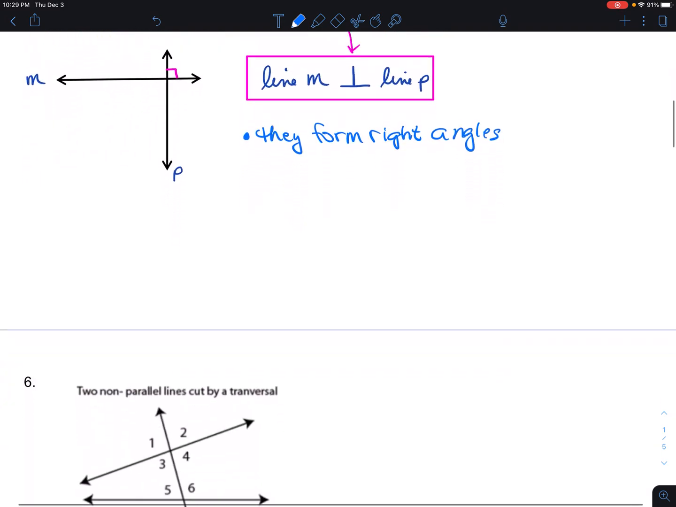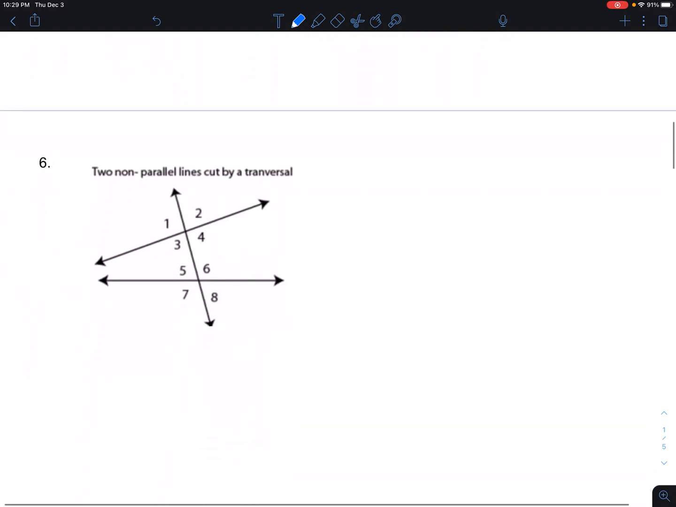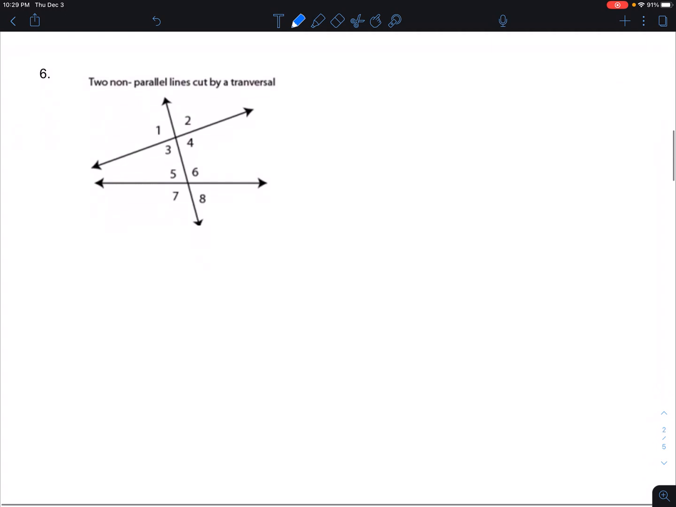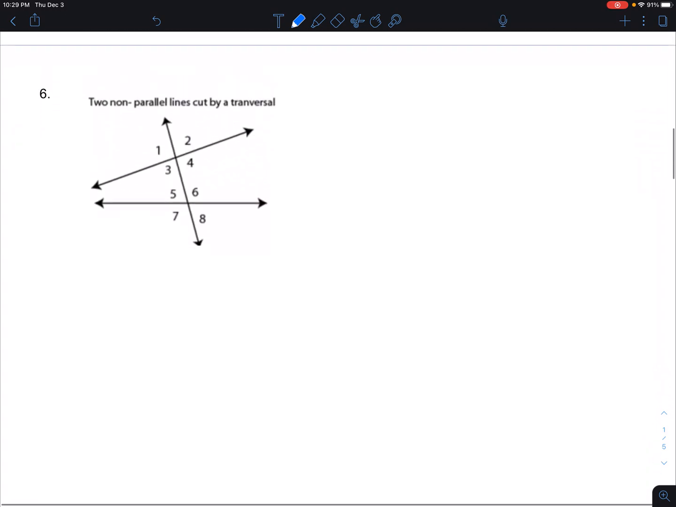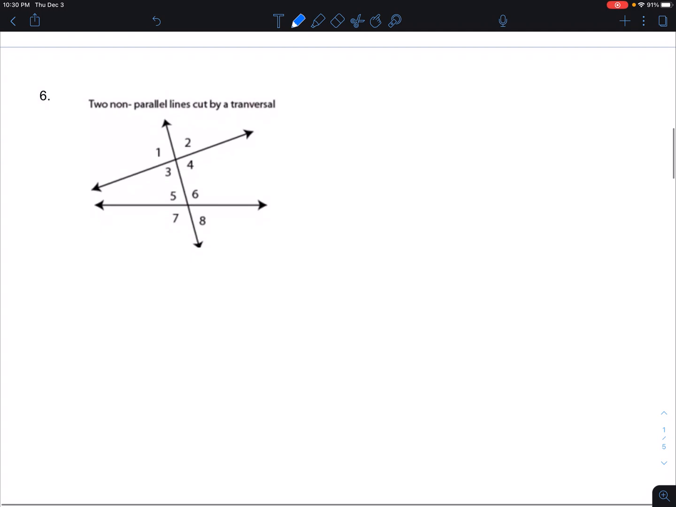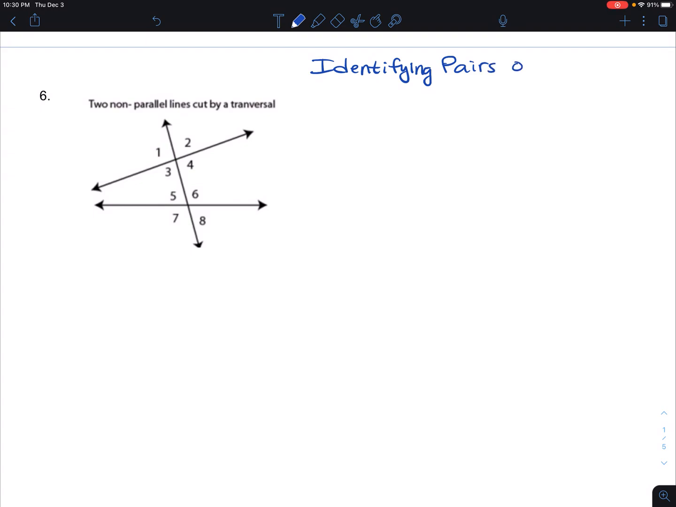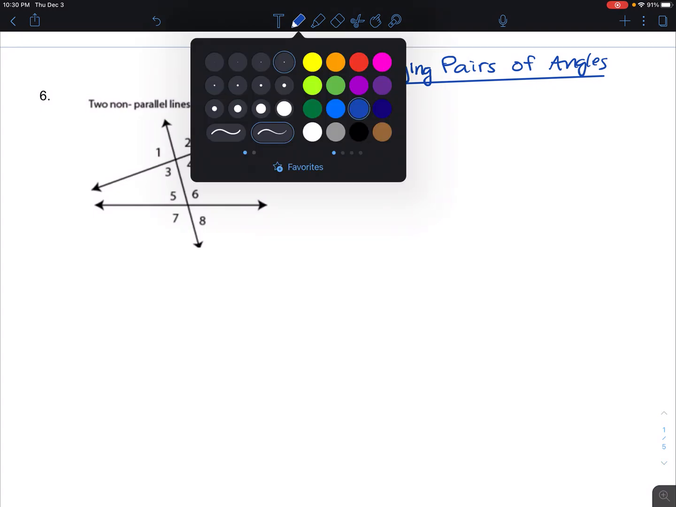Now, I left number 6. It's one picture, and I'll look with a whole blank page, and yes, you're going to fill it up. So what are we doing with this beautiful picture? We are identifying pairs of angles. Now, this might be new. I don't know if you've ever heard of these names of these angles. So first, let's talk about